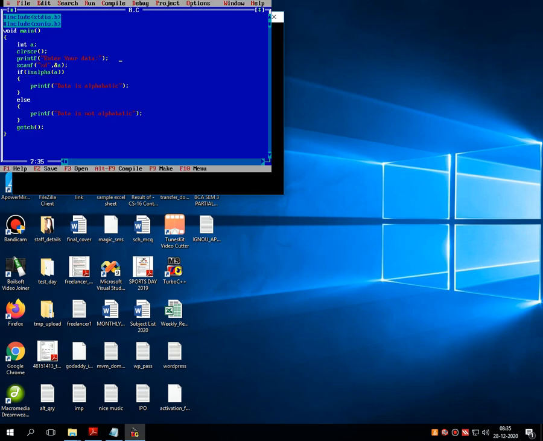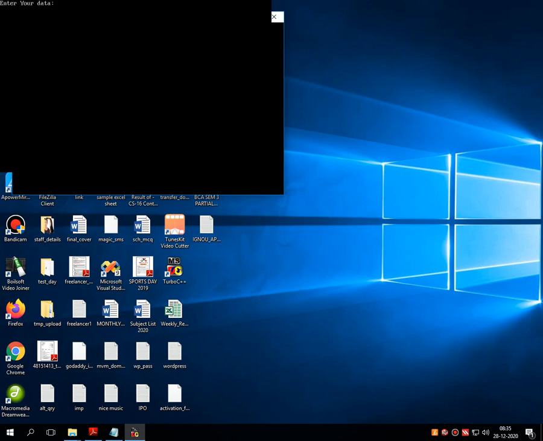I am changing the variable type of this particular function from character to integer to character, and then I am executing the code. Then I am giving some characters, then it returns data is alphabetic.